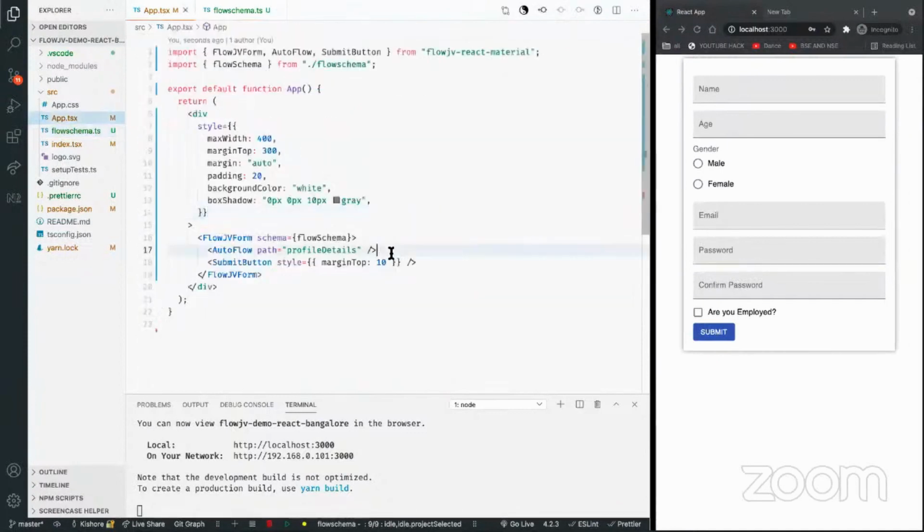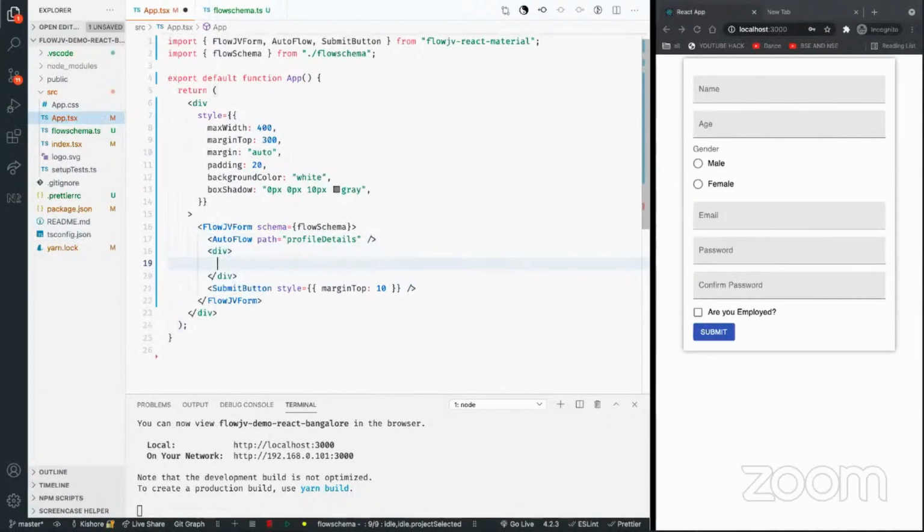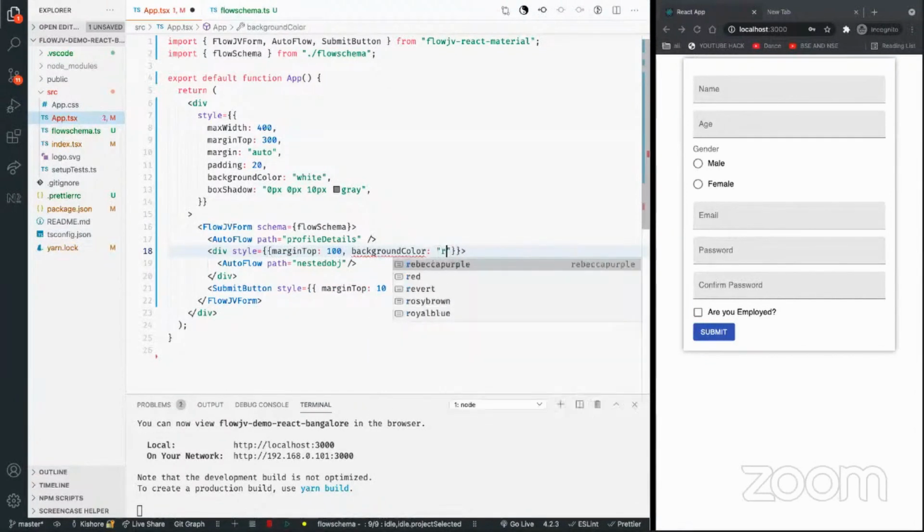So we can always move that into a custom layout. Let's suppose I create another div and then have an AutoFlow defined with path equal to nested object, and then I set some style which is completely different: margin top 100 and background color red.